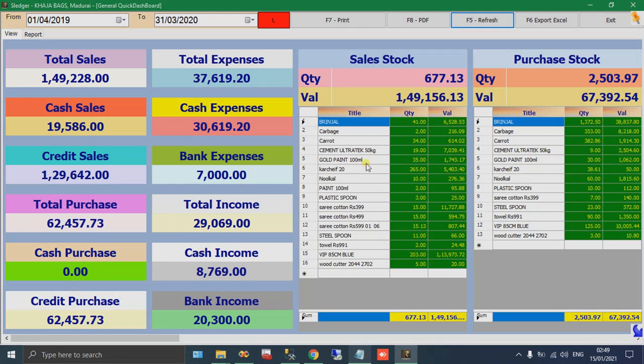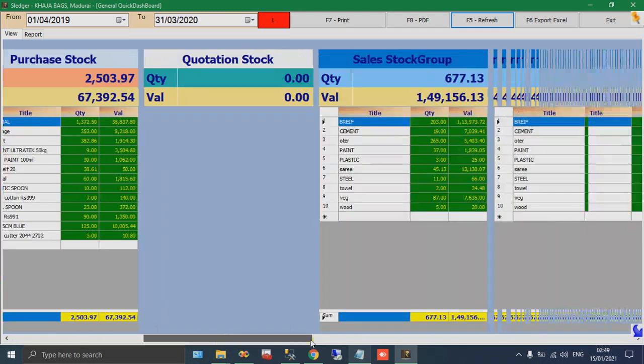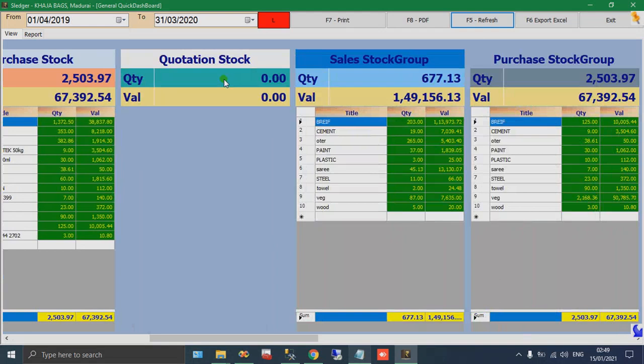And what stocks have been sold in a particular period, and what stocks are bought, that means purchased from your supplier. If you had put any quotation stock, that also you can see here.